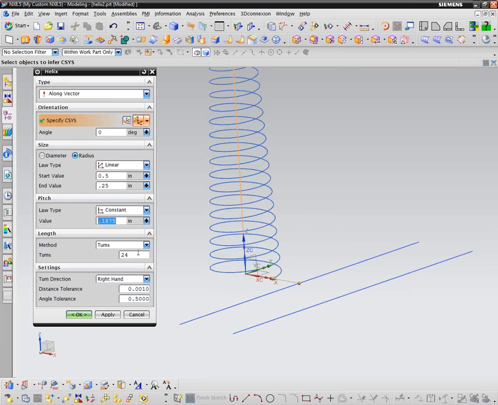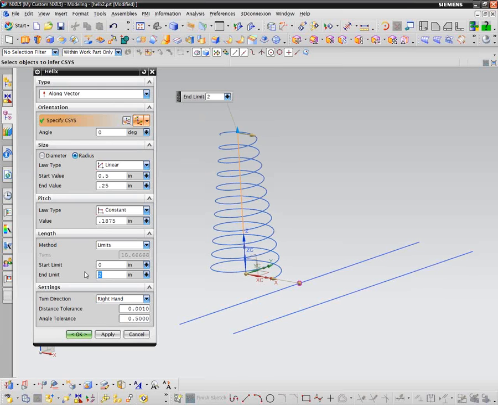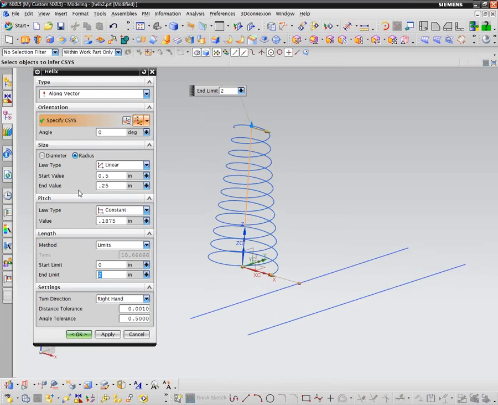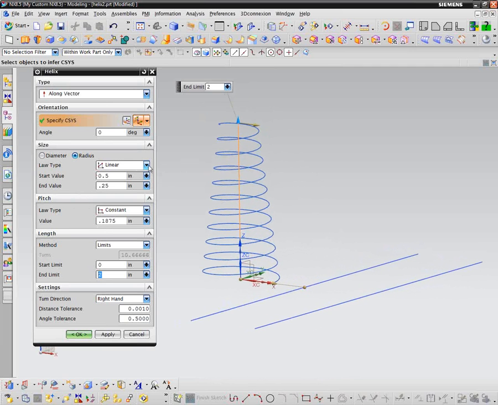Okay, and we'll go back to limits. I had it set up as 1. Let's go 2 just for fun. Something strange about a person that says he has fun playing with the helix here. Anyway,